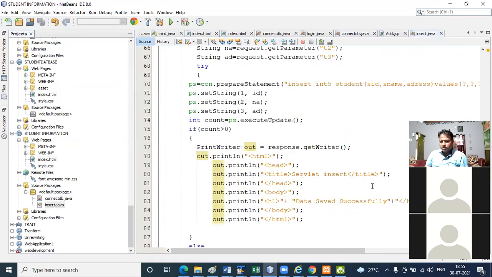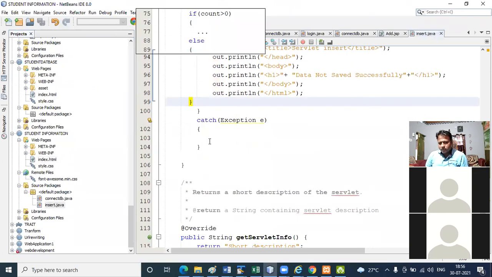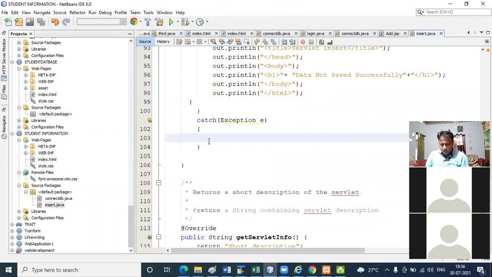So we have to pass here system dot out dot println, we pass here e.